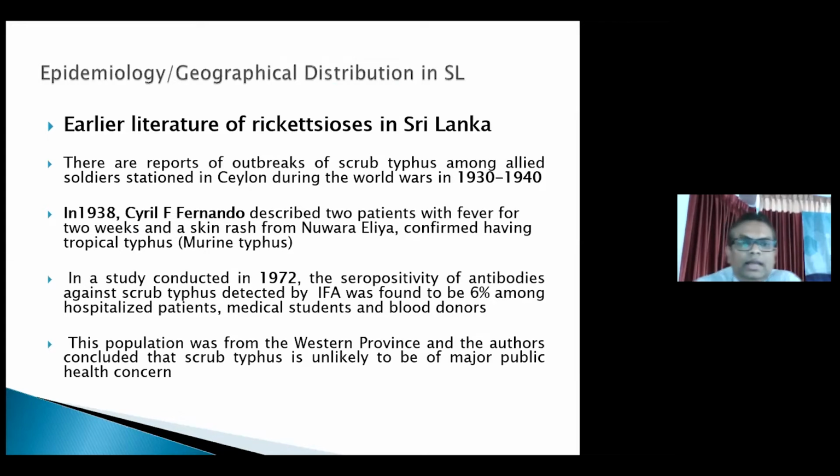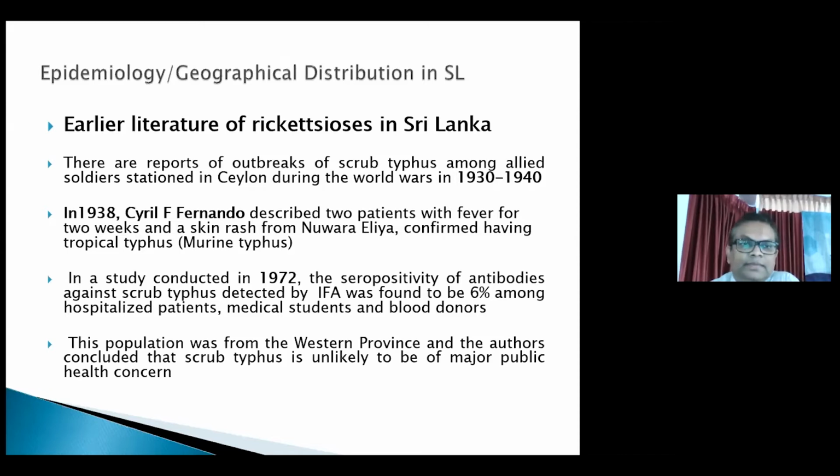Now, regarding earlier literature, there are reports of an outbreak of scrub typhus among allied soldiers stationed in Ceylon during the World War in the 1930s. Actually, there have been some case reports, and the first reported cases in 1938 in Sri Lanka described two patients with fever for 2 weeks and skin rash, confirmed as having tropical typhus, that is murine typhus. Those were the first two cases reported formally, but before that there had been so many cases